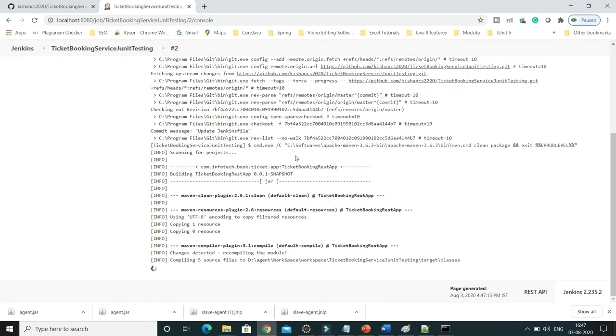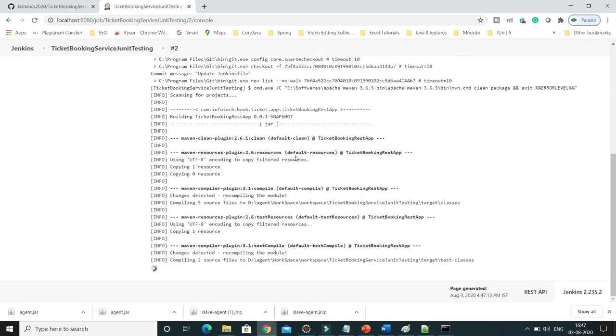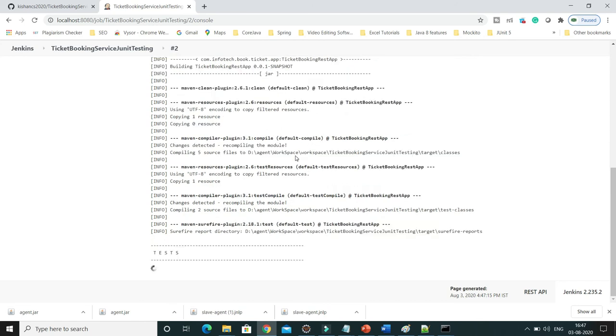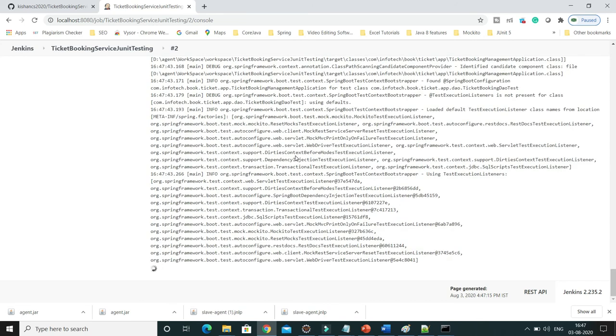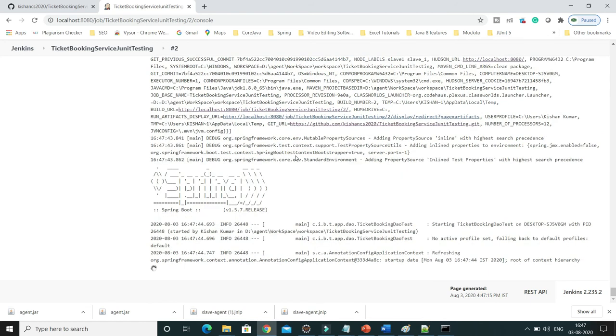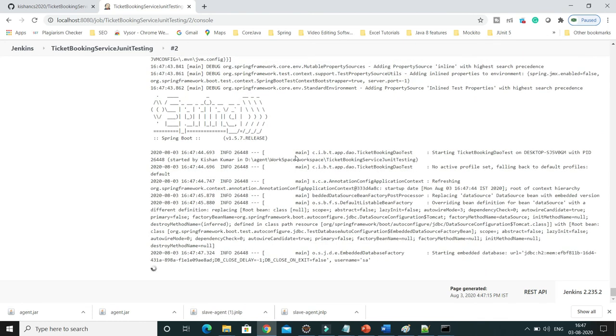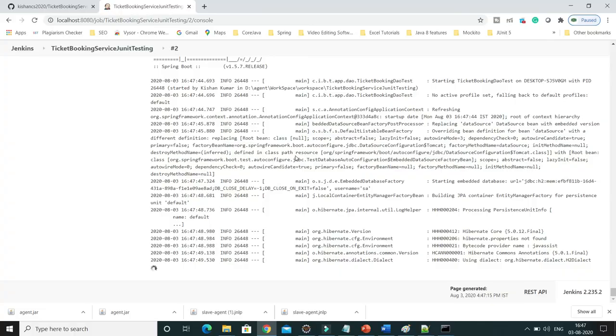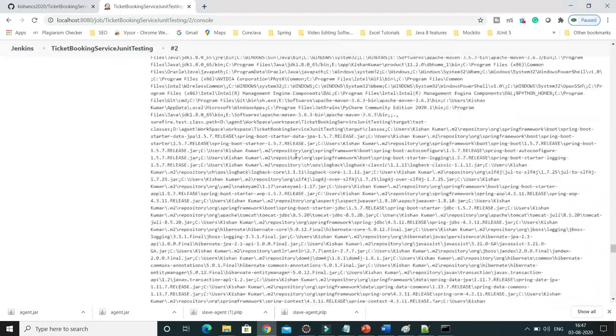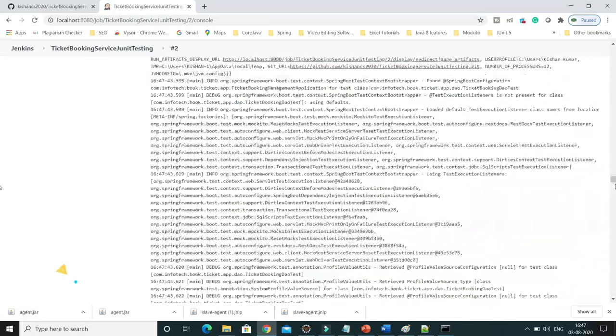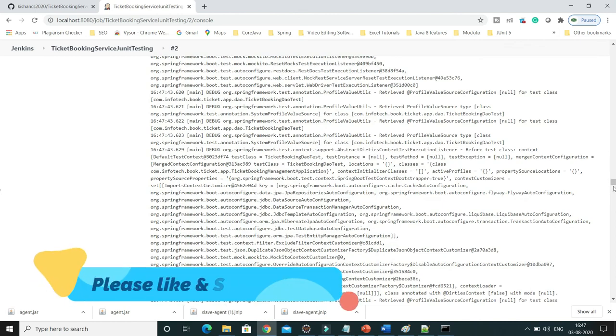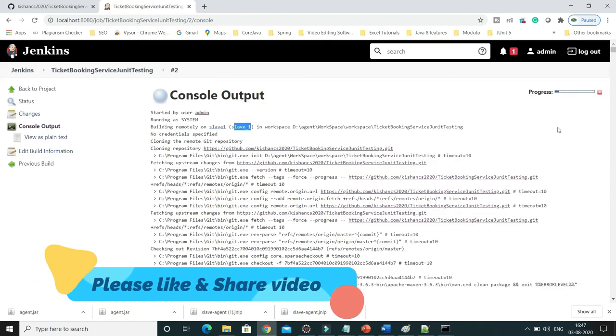On one node you can build for your test environment, on another node you can build for staging, and on the remaining node you can build for production. So you have one master and multiple slaves, and in that way you can distribute work among all the slaves.